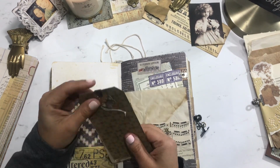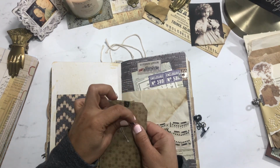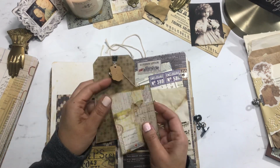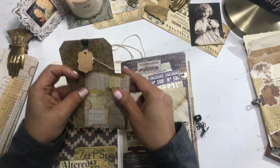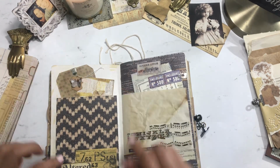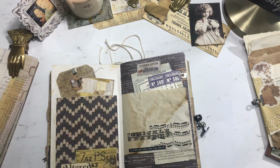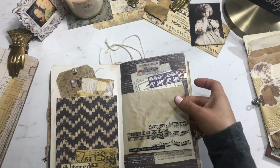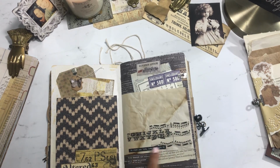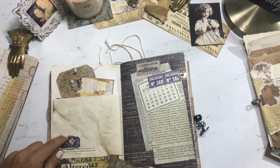but it's just like those really cool little clips, and then I just added a little butterfly to a tag on there with more Tim Holtz paper and more Tim Holtz paper. So that's a little pocket back here, and then this just flips up, so you can add picture journal. This is more coffee dyed paper, and then I just did a little collage with more of those Tim Holtz stickers. Then here's a little tuck spot